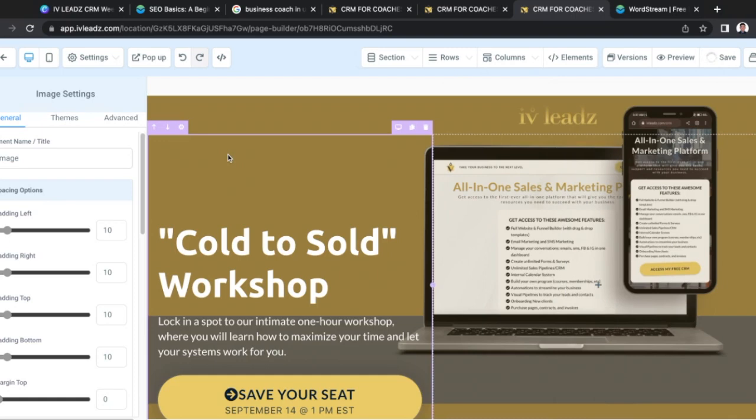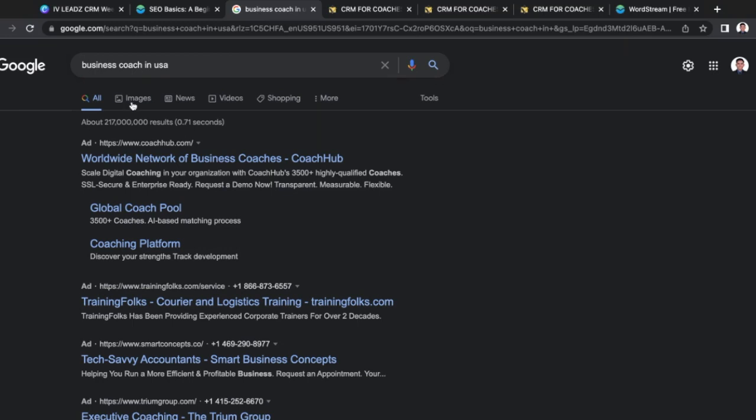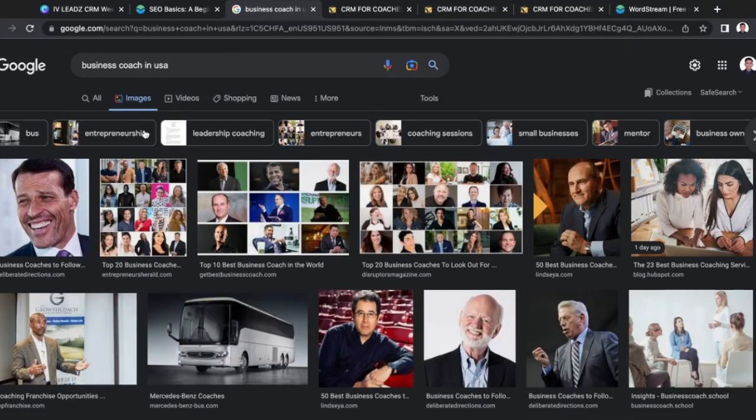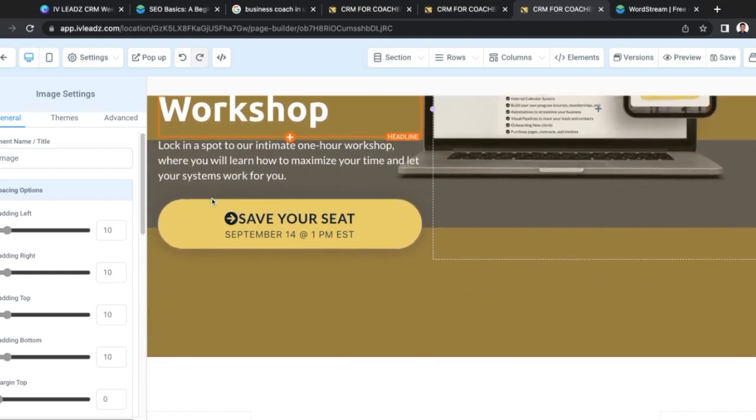So that's the first area that you want to optimize your SEO. The other thing is the actual images, because not only on Google search, you can see here there's an image here as well, which can give you a way to be on top of the search as well. Now the way to do that is go back to your funnel